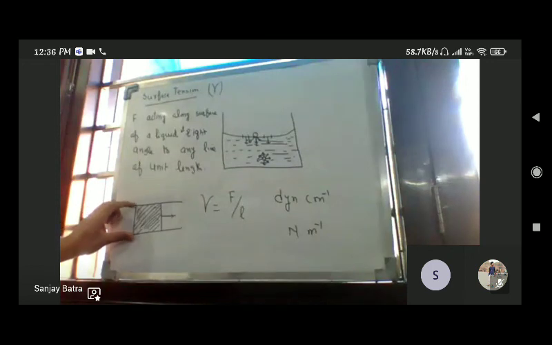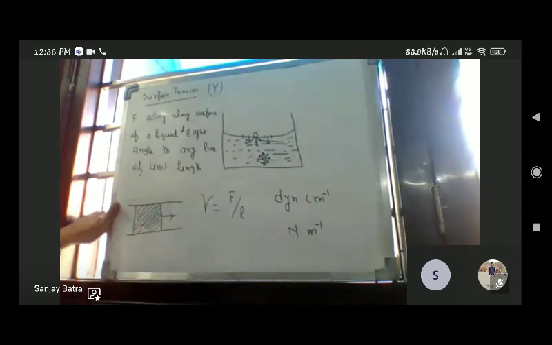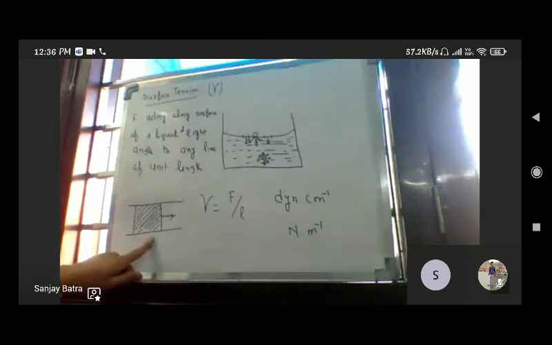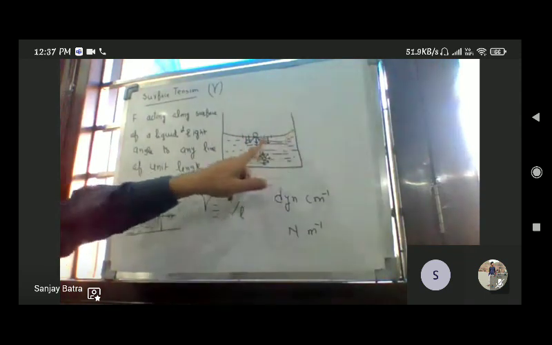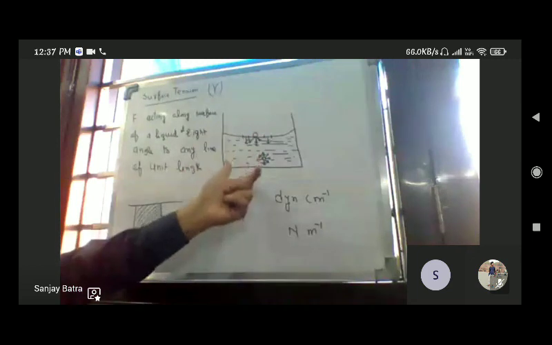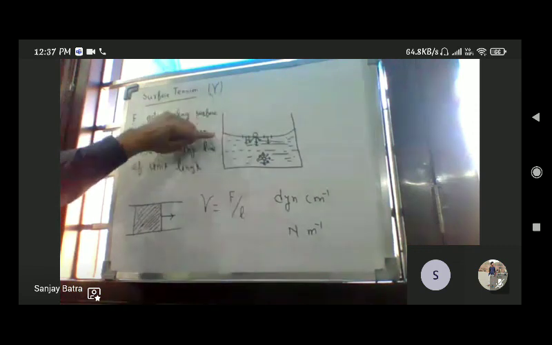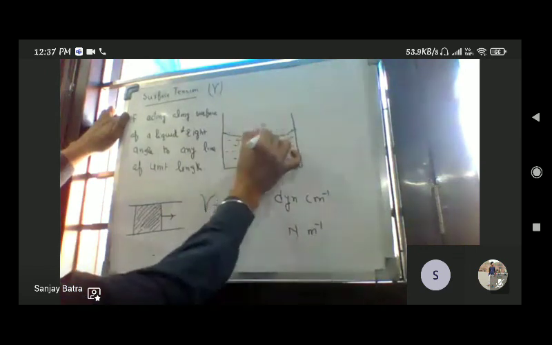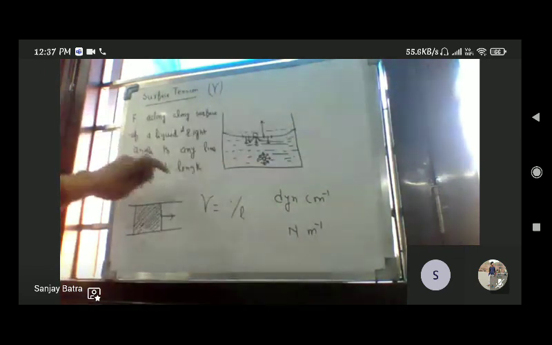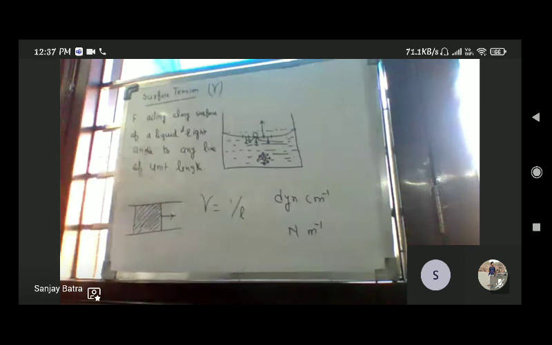Now this is a surface of soap water, and if I try to increase area of this, we require energy. So that energy is known as surface energy. इसको यहाँ से भी समझ सकते हो. When this surface is facing inward pull, its area is going to decrease. And if you want to have reverse effect, if you want to take this surface, we want to make it straight like this, we have to apply force in reverse direction. So that energy required to increase area by unity is known as surface energy.